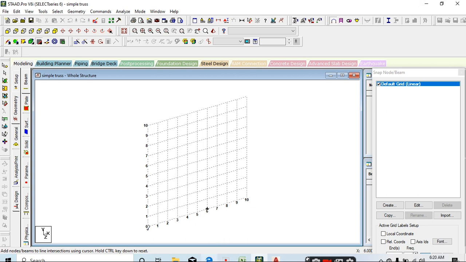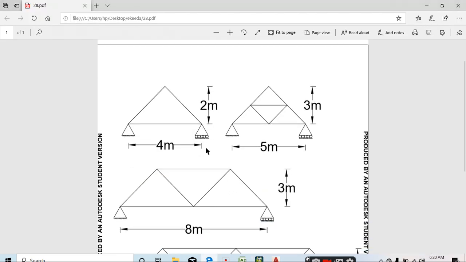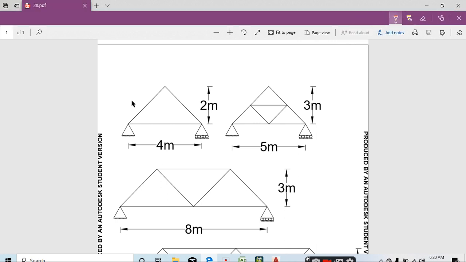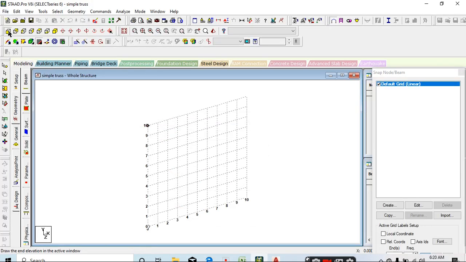Look at this. There is a truss, the first one. Length is 4 meter and height is 2 meter. So how do we create this geometry in the software? Take a front view.